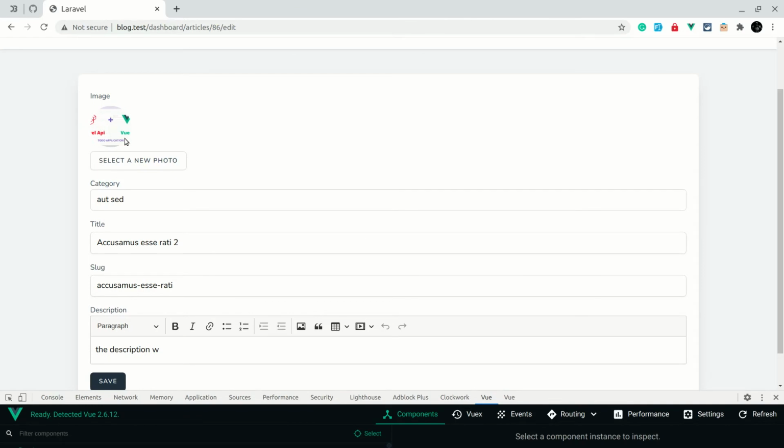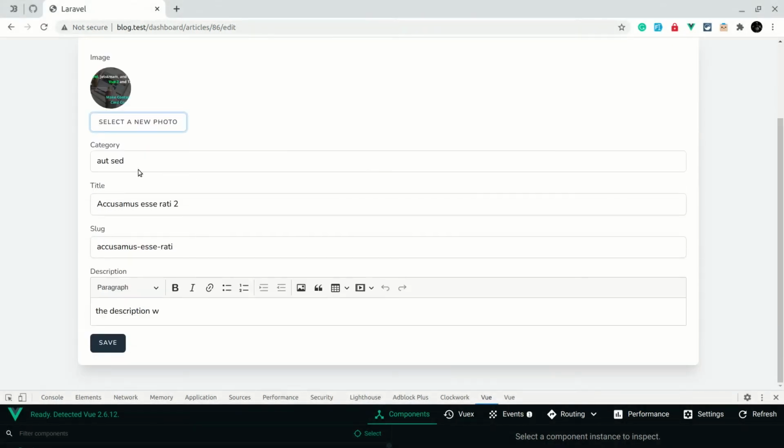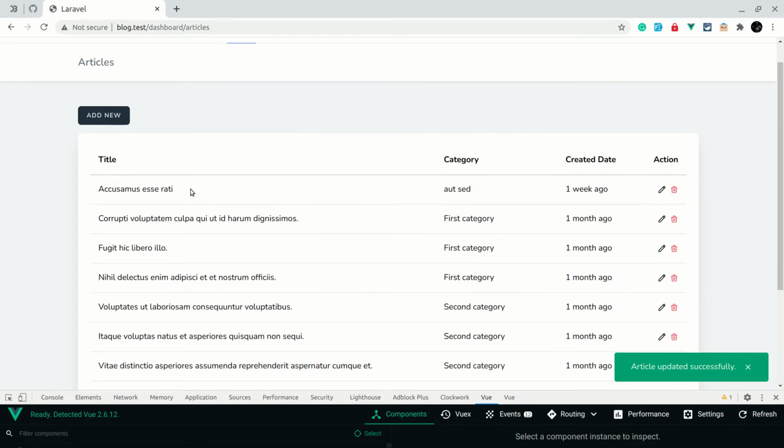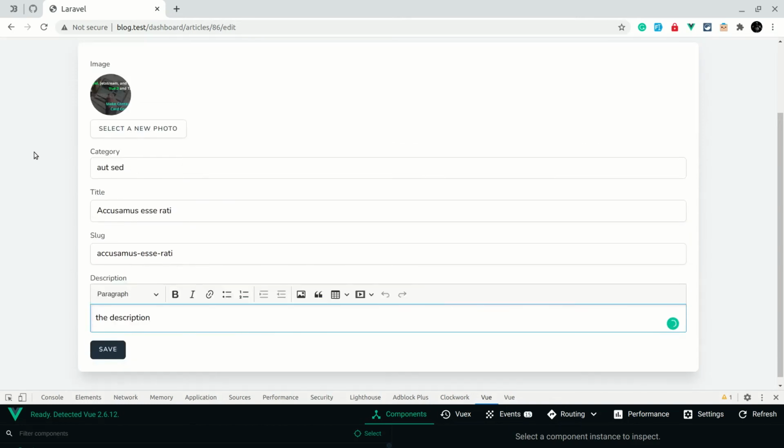Now if I change this image from here, so this is the Laravel API and view photo here. So now here if I add this 22 one, okay, number 22, and let's say here, let me remove that 2 and also remove this W from here, and let me hit save. So you can see here that the 2 is gone from here, and you can see here the new image is also here, and the description is also changed. So everything is working fine.